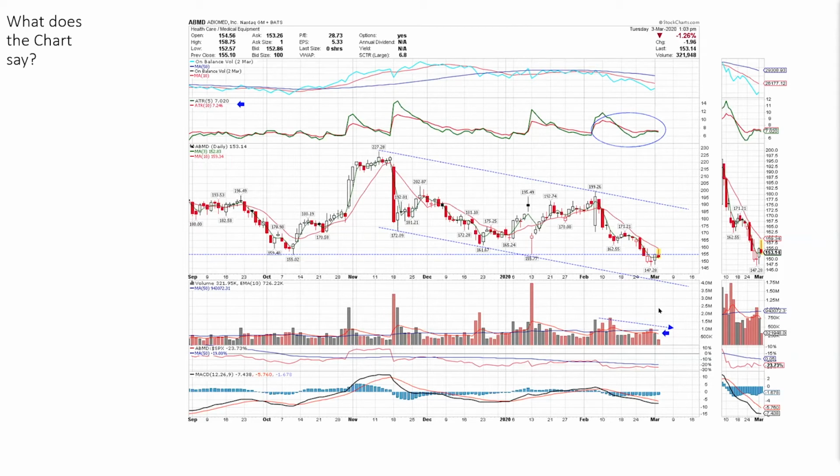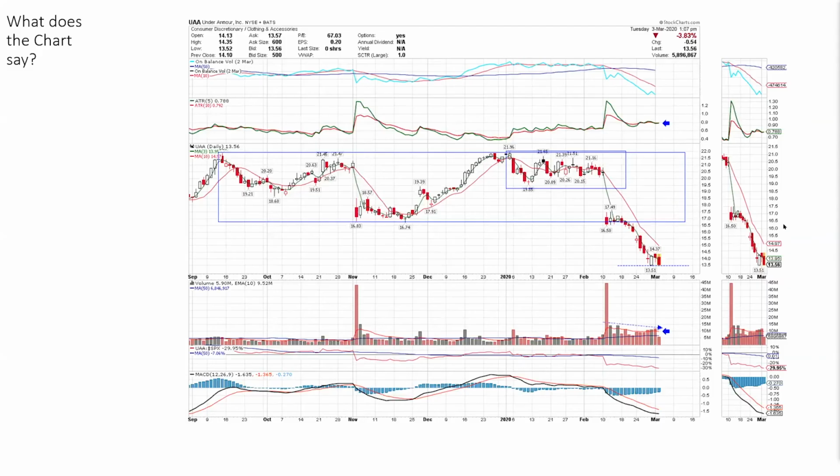Here we definitely see somewhat of a troubled price move in a down channel. We've broken longer term support. Our relative strength is weak. The MACD is below 0. And our on-balance volume is trailing off. So not a ton of positive things, and it may not be ready for an entry yet. It probably is not a great short candidate either, because it is near the bottom of its down channel. Let's take a look at our second candidate,